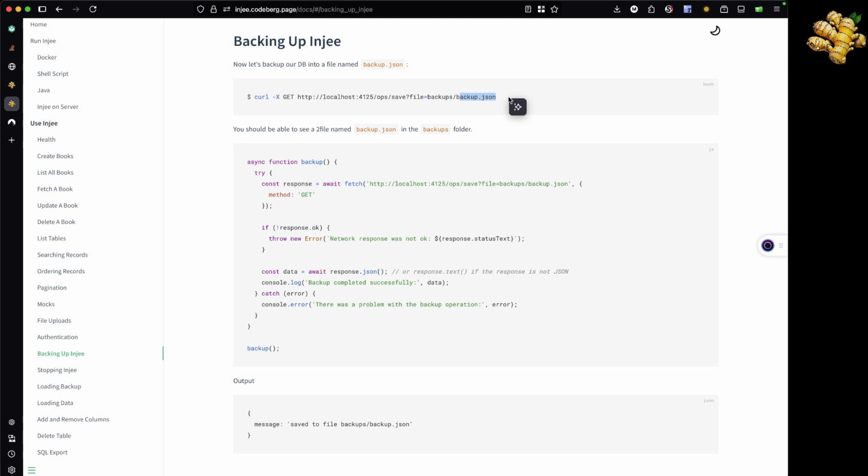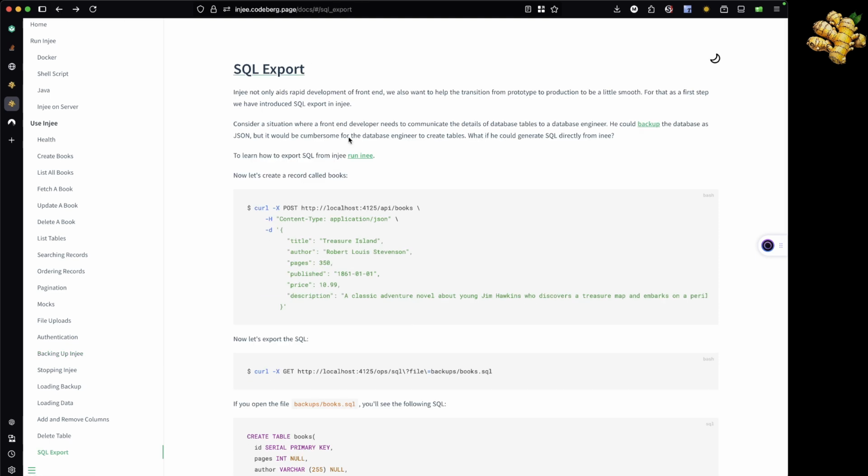and Injee also behaves something like NoSQL. So maybe your first record in users table can have column name, and second record can have first name and last name and all those stuff. Because this is a prototyping database, right? So then it becomes tough for him to create a table,